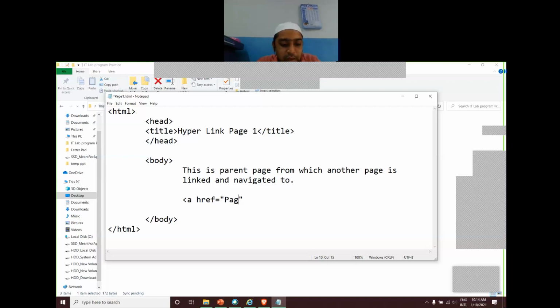I just need to mention the file name. And the file name is this one, right? Close. And the message which you want to pass to the user: click on page 2. Now let's close this anchor tag. Let's save it.